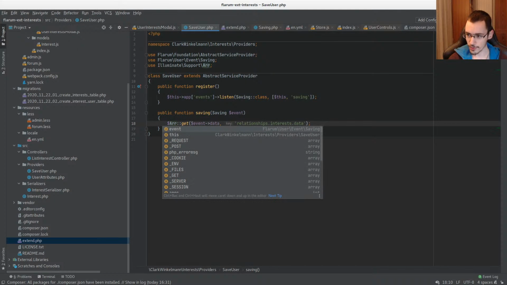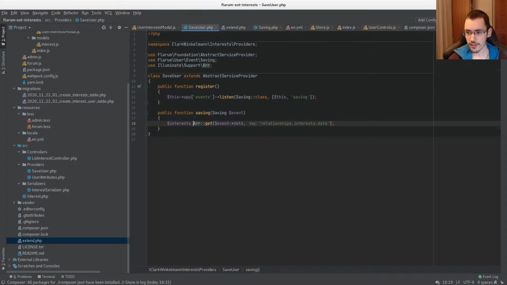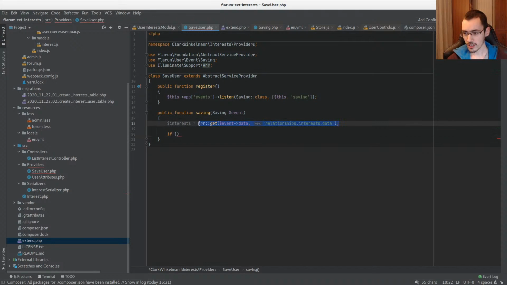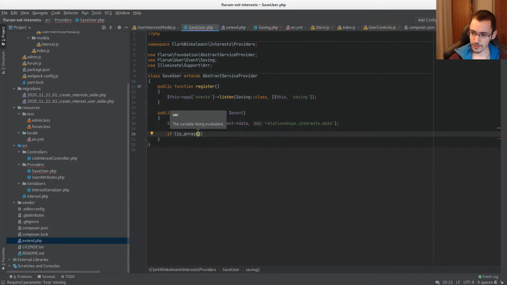Here we can put this in a variable, interests. Next, this will execute anytime we save the user, so this might not always be here. For example, if the admin changes the username of a user, the same event will trigger, but this will not be inside of it. So now we want to check if this is inside of it. To do that, the easiest is to check for isArray,